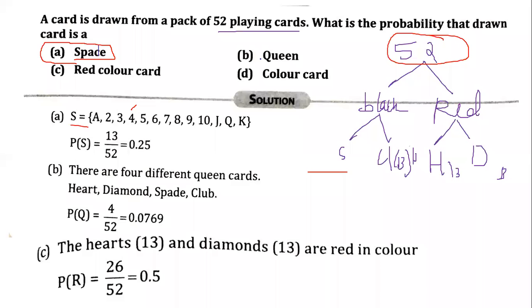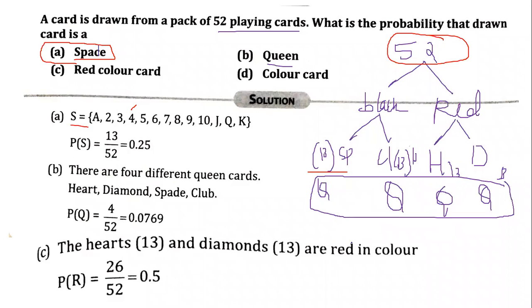The second question is getting a queen. Now, each set of cards will have a queen, correct? In spade you will have a queen, in clubs you will have a queen, in hearts also you'll have a queen, and in diamonds you'll have a queen. So how many queens are there in the 52 playing cards? You have 4 queens. There are 4 queen cards, and there are 4 possibilities of you drawing a queen